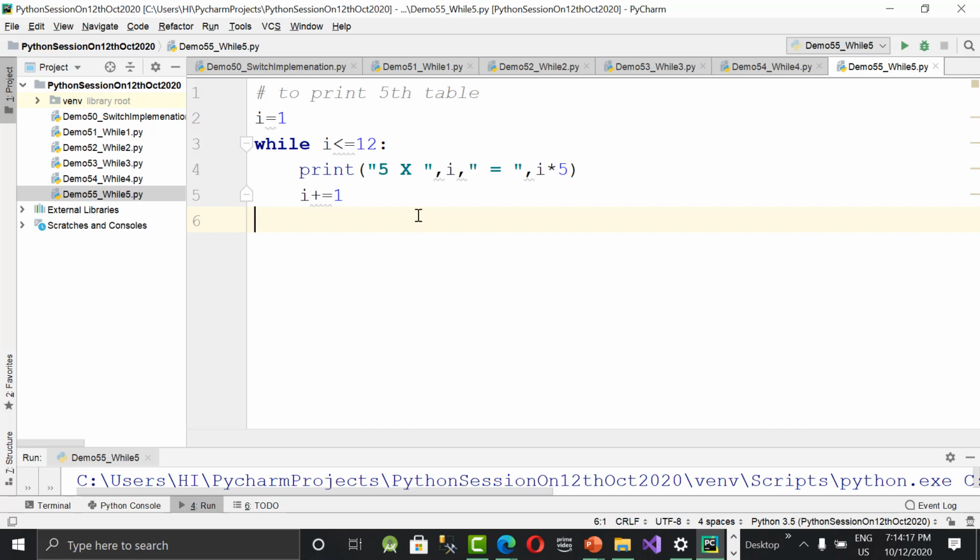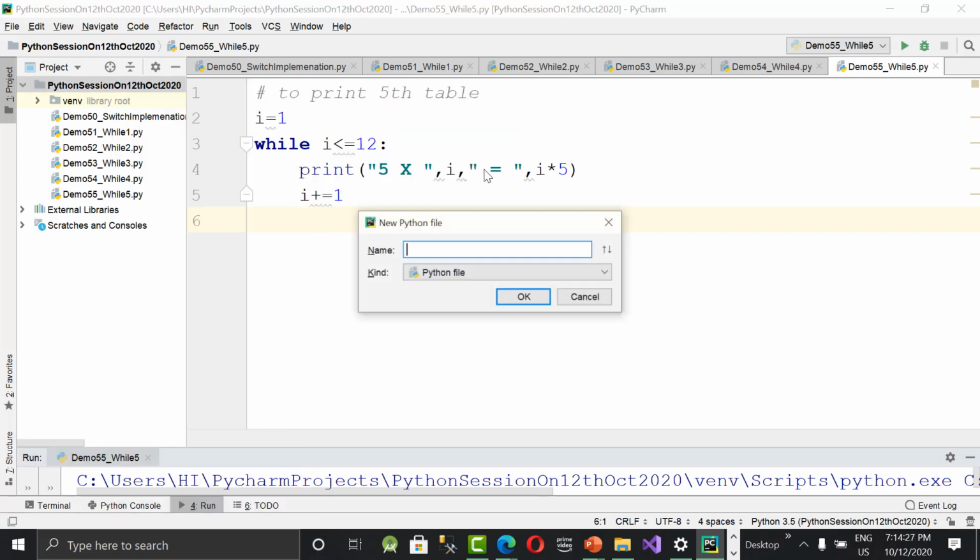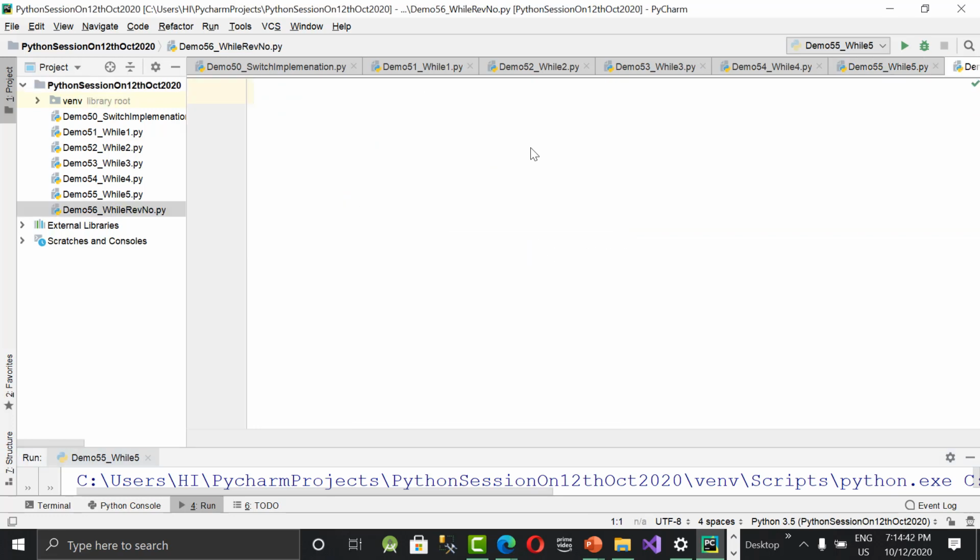Let us take reverse number first, then we'll see sum of digits. But for all these programs, the logic is only one, that is dividing the number by 10. We keep on taking the remainder and store the remainder in a variable, or we simply print it. These are common logics actually. People will do this same thing I'm showing you. For practice, you can do this. That is the reason I'm showing all these things.